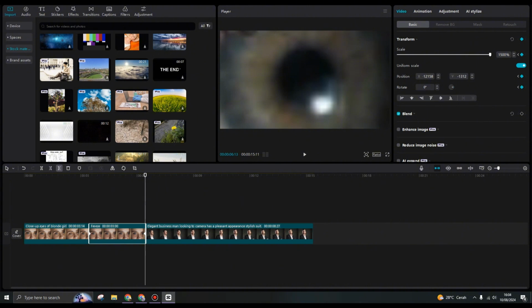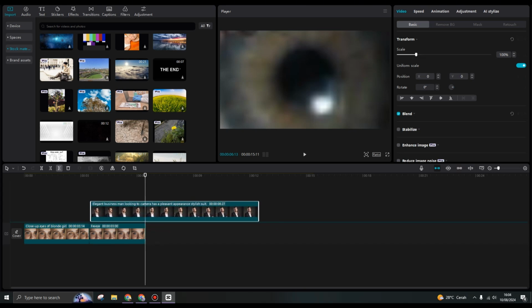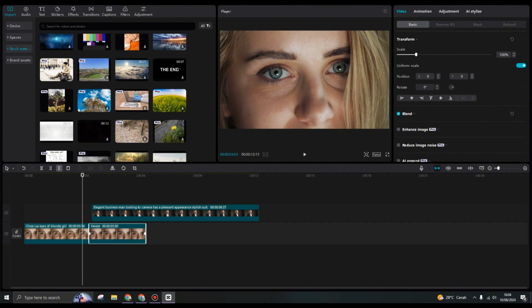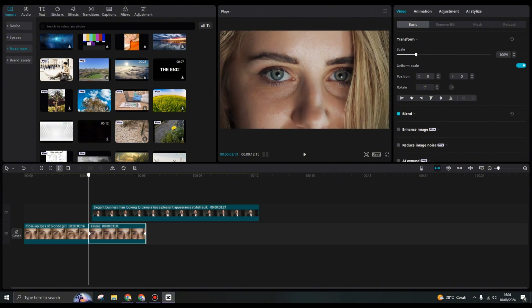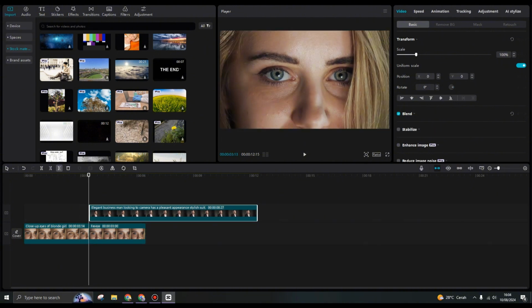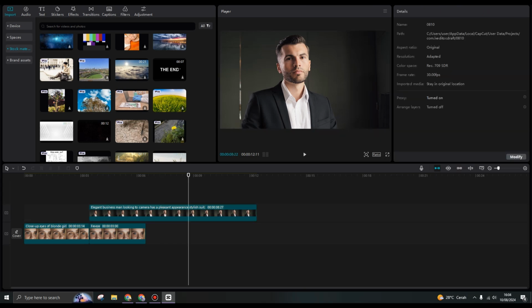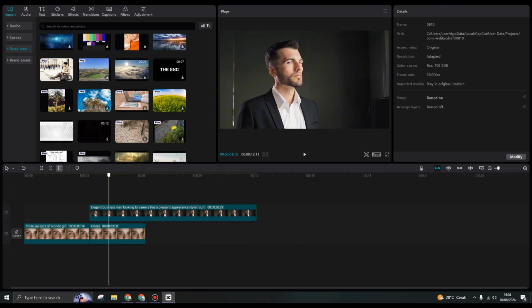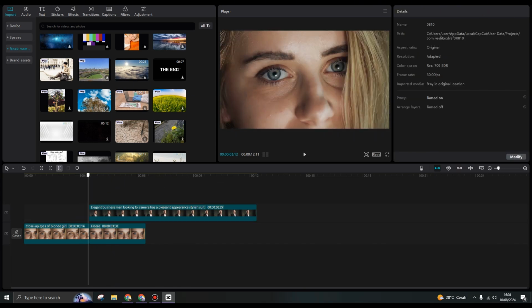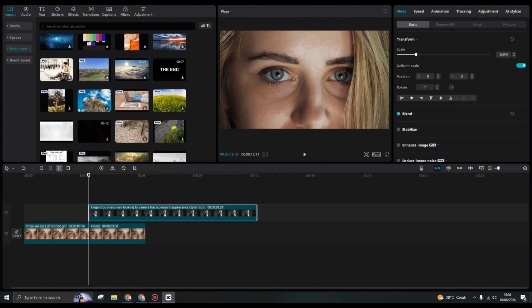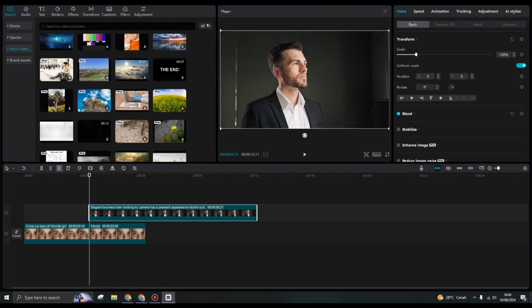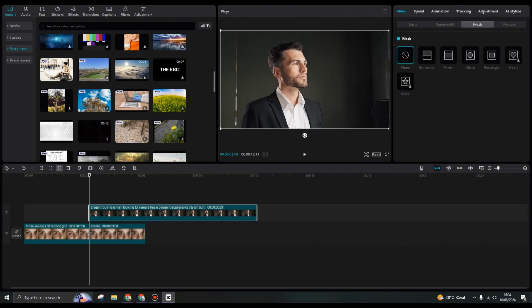Now what you need to do is add a second video as an overlay. So put it where the freeze frame starts. Let's see, put it in here like this, and then after that, on the overlay, go to mask, click on this and go to mask and choose circle,